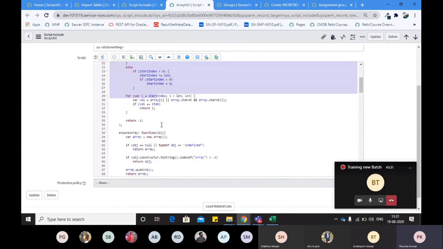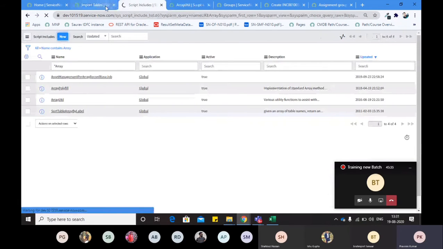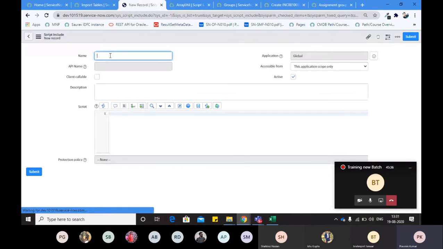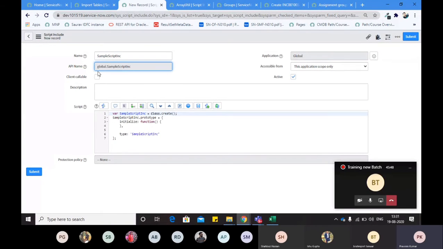For example, let me create a new script include. I'm creating my sample script include. You are seeing that the API name comes automatically, and this piece of code also comes automatically. We don't put this piece of code, ServiceNow automatically gives it to you, and you have to work with this code.